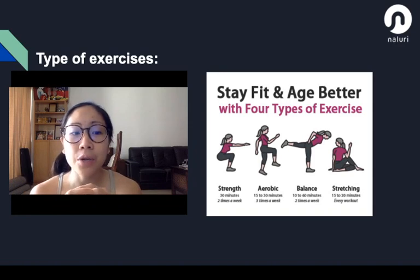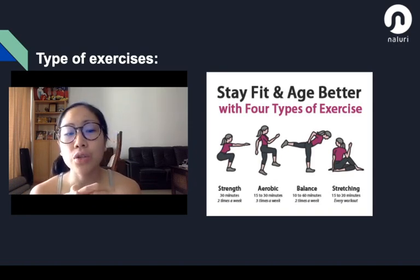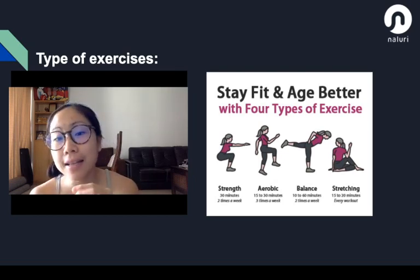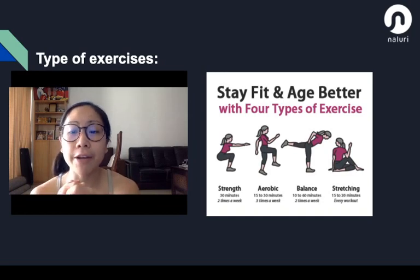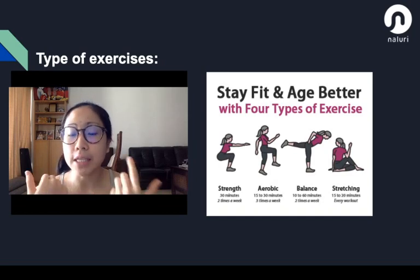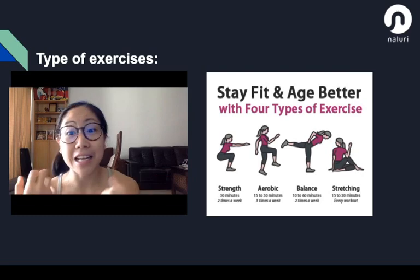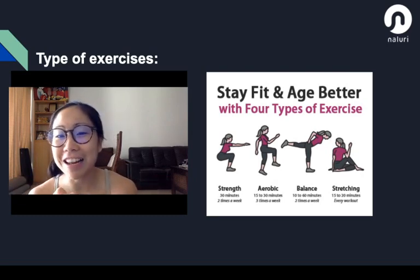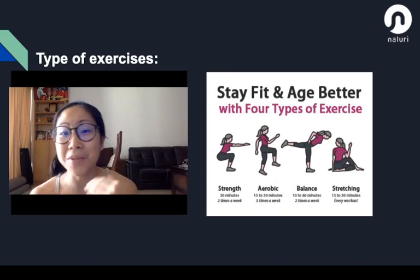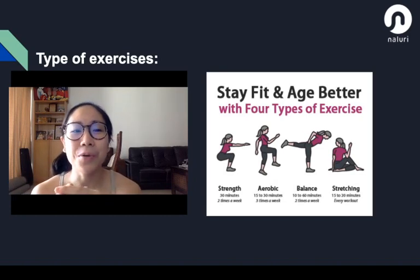And then we look at aerobic exercises. So aerobic exercises are things like swimming, biking, dancing, running, anything that you really feel getting your heart rate up, right? And essentially, when your heart rate is up, it means that your blood is circulating well. And traditional Chinese medicine always says that if your blood is flowing well, it means that you're healthy, right? So we really want to keep